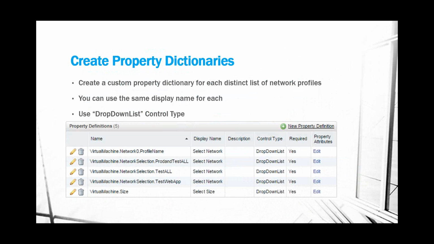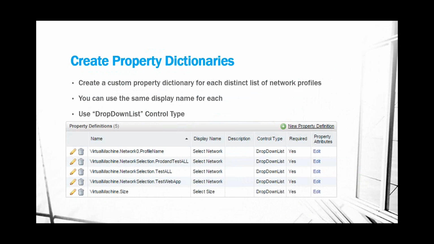So we're not going to use the predefined custom property Network0.ProfileName necessarily, because that one's really standard for everybody. But I want to make sure that I present a list to the user, and then behind the scenes we pop in the correct value. Behind the scenes meaning in the building machine workflow, we pop that value into the correct custom property for the workflow. So here we've created a network selection